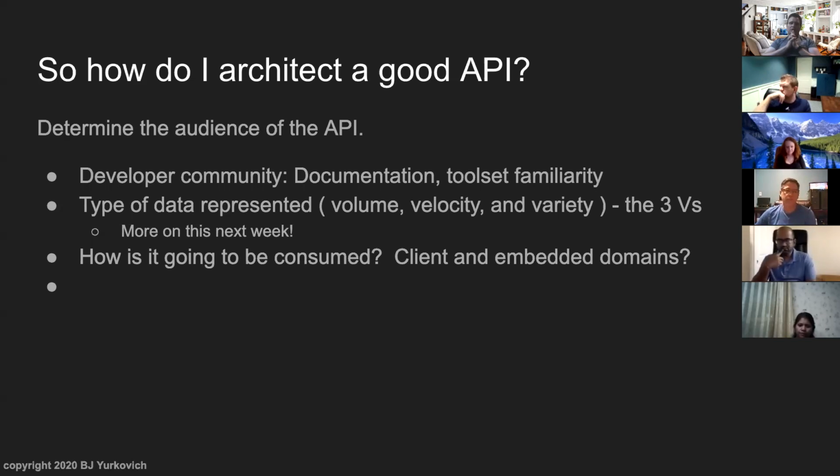If you construct your REST API, you have to consider, okay, if I have really high volume, maybe a REST API is not the right thing. Maybe I need to consider something like RPC or something. We'll talk about that in a few minutes. If it's really high velocity, REST APIs can hold up to it, but maybe you structure your URLs in a specific way in order to kind of mitigate that. And then the variety of data. If you have a REST API that's massive, well, just make sure you're structuring it appropriately, and you're thinking about, all right, what kind of resources do I have? How do I section this and all that kind of stuff? So that's really how you think about structuring an API.